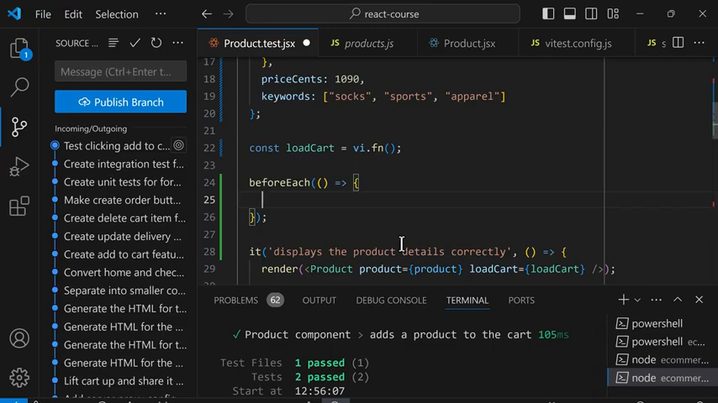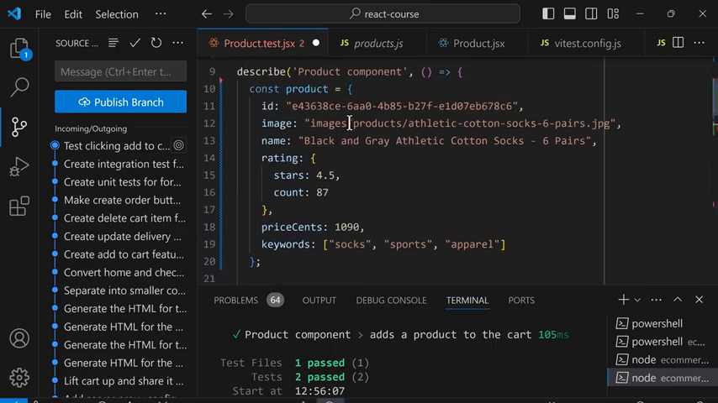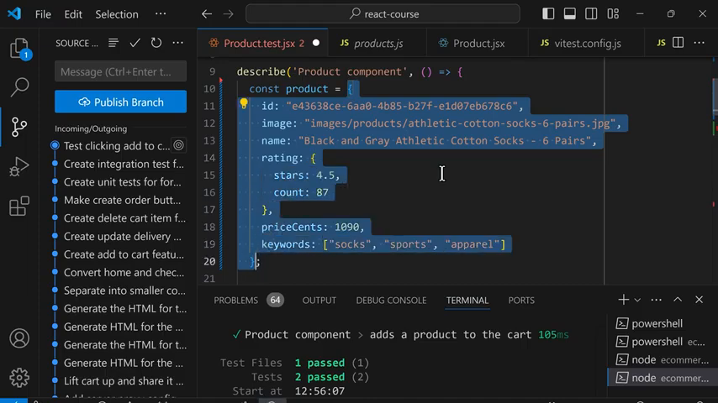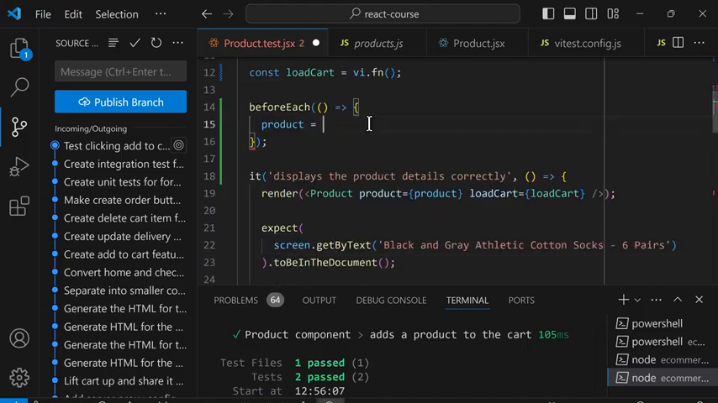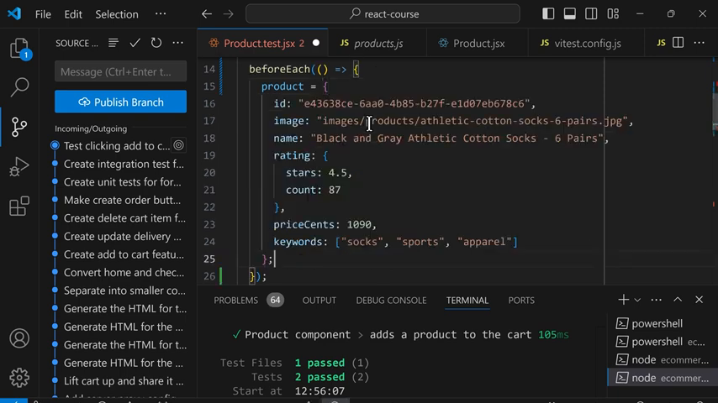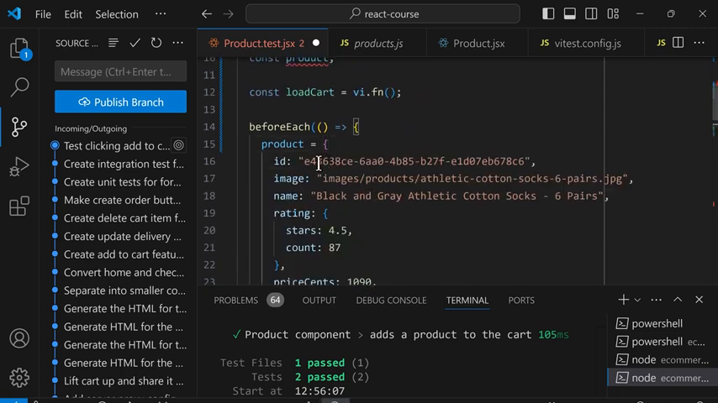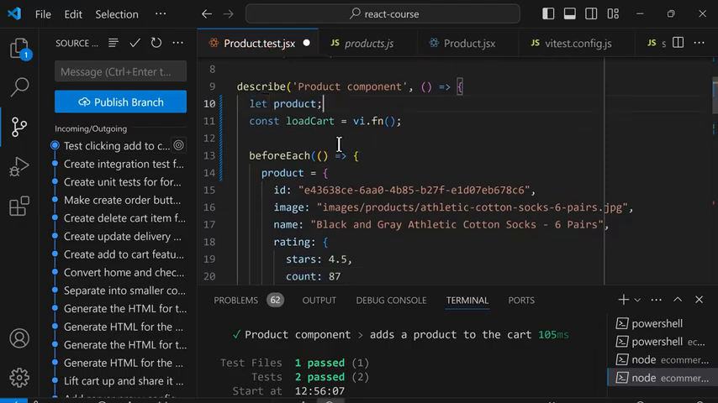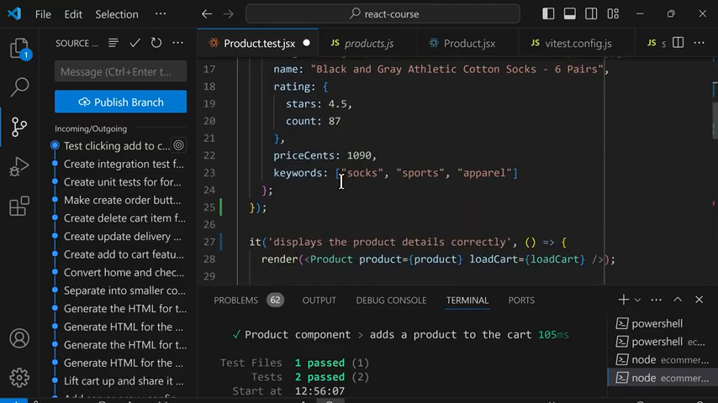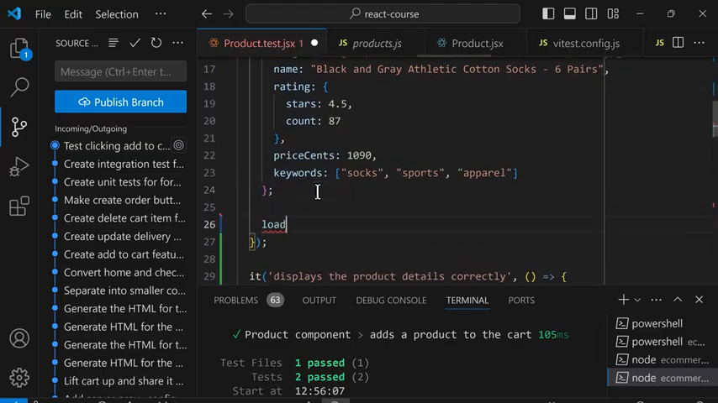Inside, we'll use product equals, and let's just select this value and cut. And in here, we'll paste. And because we're modifying this variable, we need to change from const to let. And we'll also recreate load cart in beforeEach. So here, we'll do loadCart equals vi